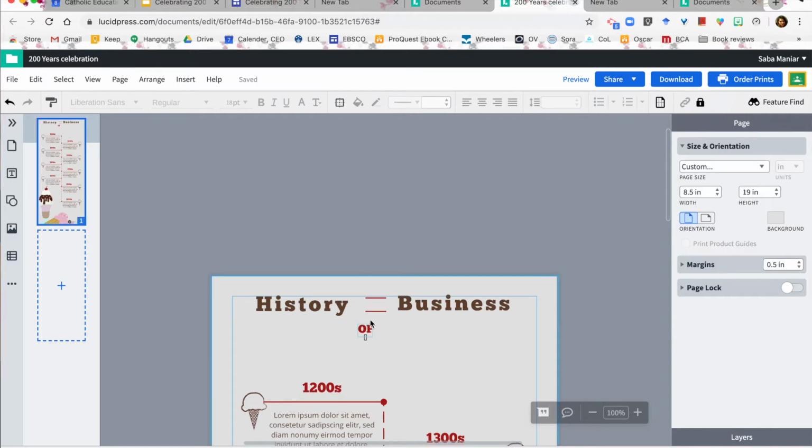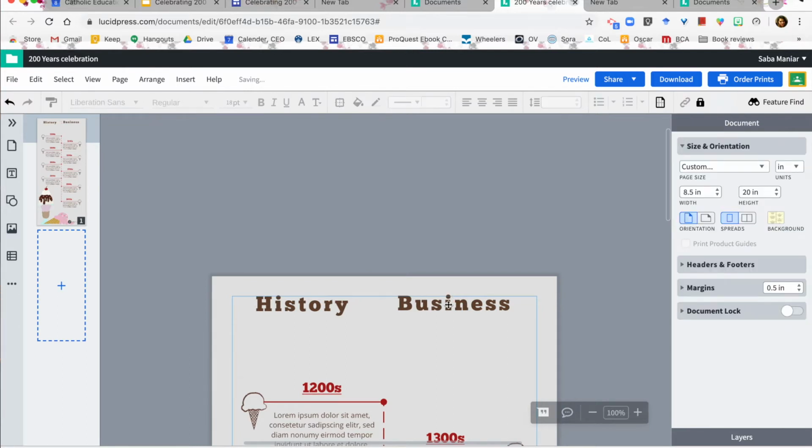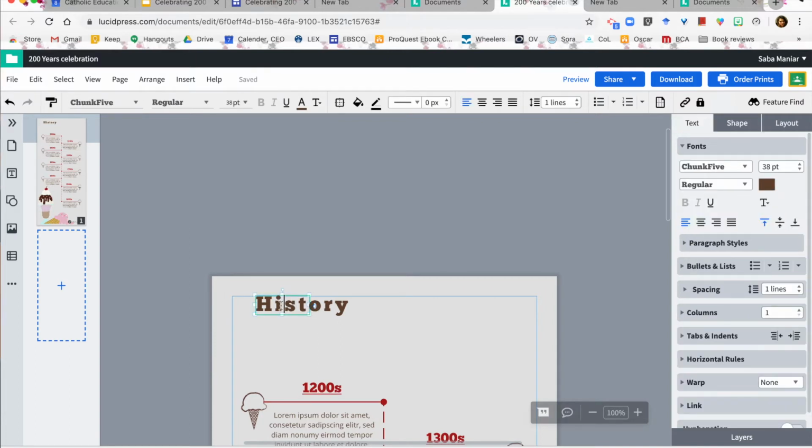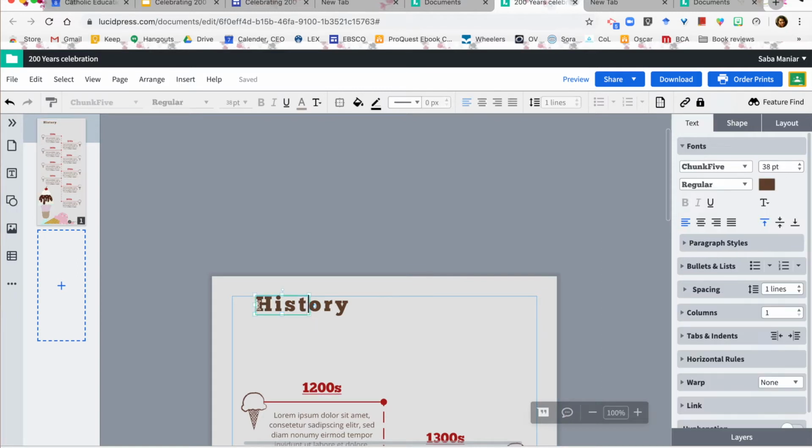So what I might do is select them all together and hit delete. I'm going to delete this because I just need one text box, and I am going to start typing in my topic. So I'm just going to call it